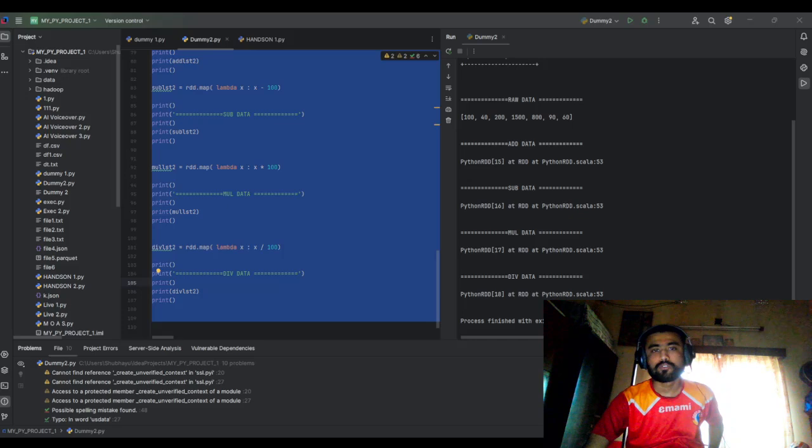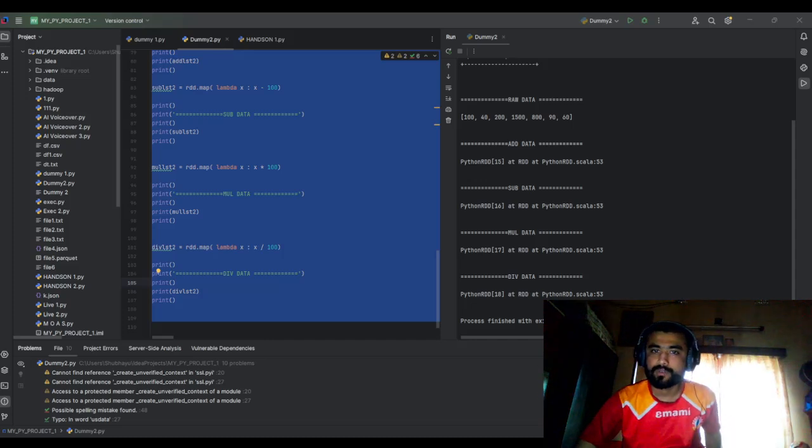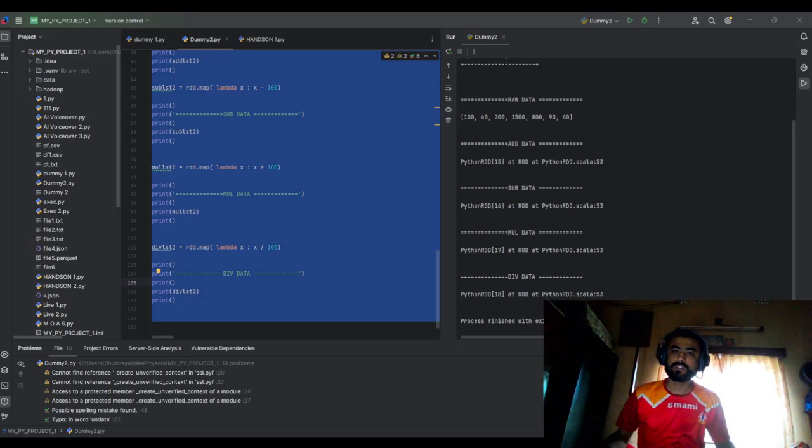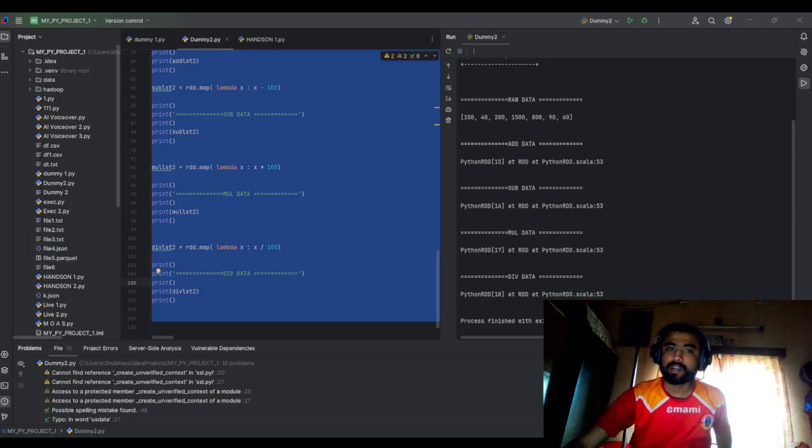So your parse code is correct, and there is no syntax error, logic or syntax, in the transformations. However, note that printing the RDD variable directly, like print add lst2